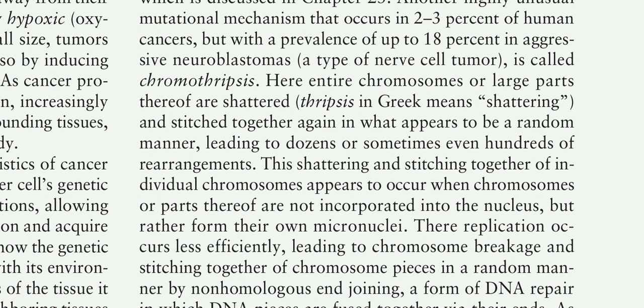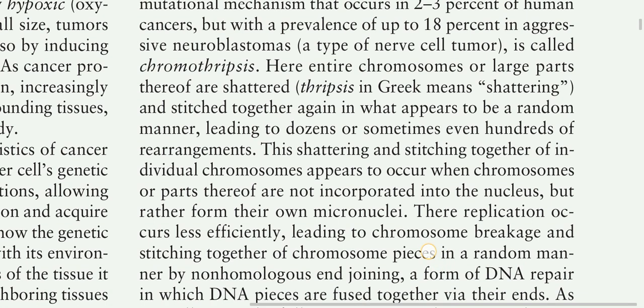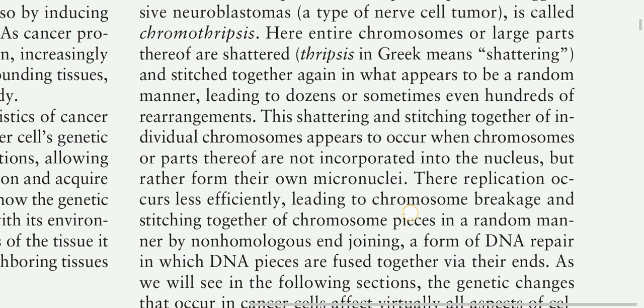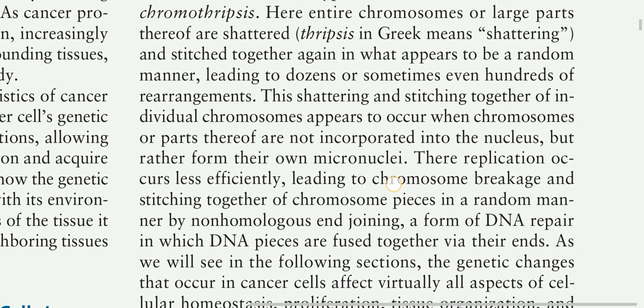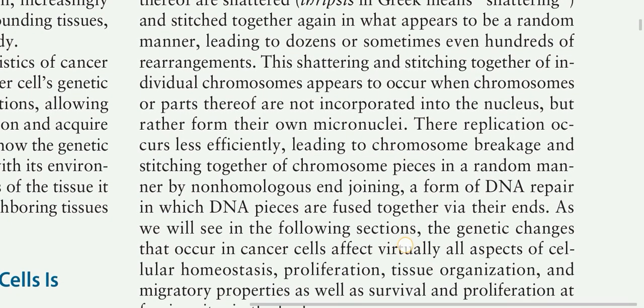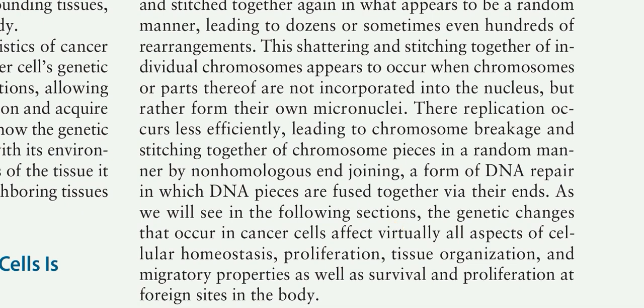It is called chromothripsis. Here, entire chromosomes or large parts thereof are shattered. Thripsis in Greek means shattering. They are stitched together again in what appears to be a random manner, leading to dozens or sometimes even hundreds of rearrangements. This shattering and stitching together of individual chromosomes appears to occur when chromosomes or parts thereof are not incorporated into the nucleus but rather